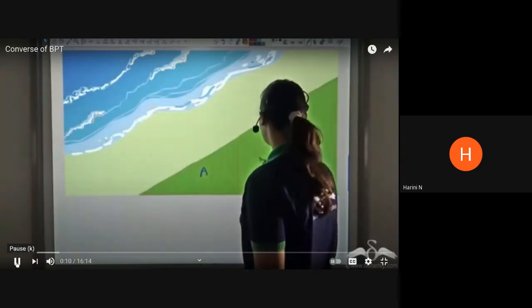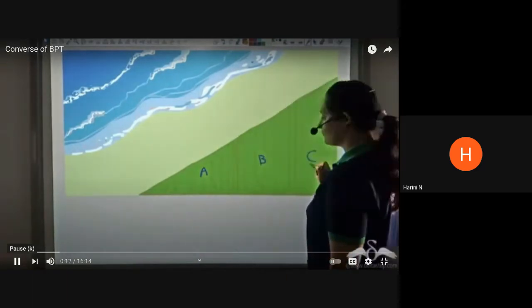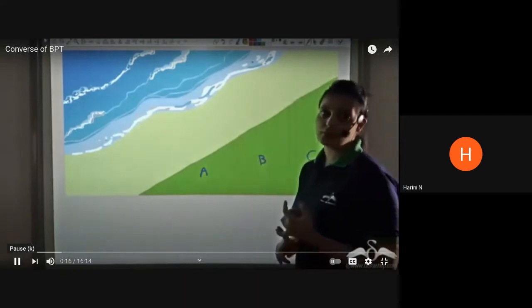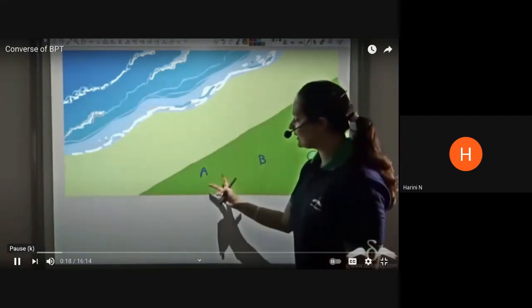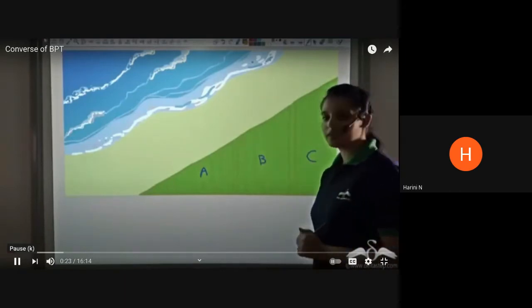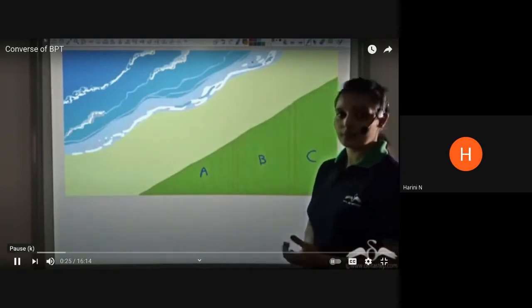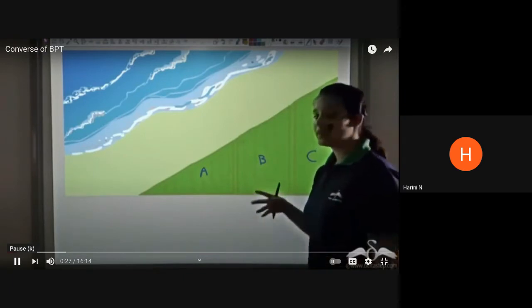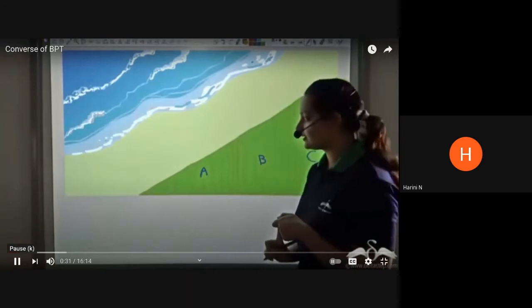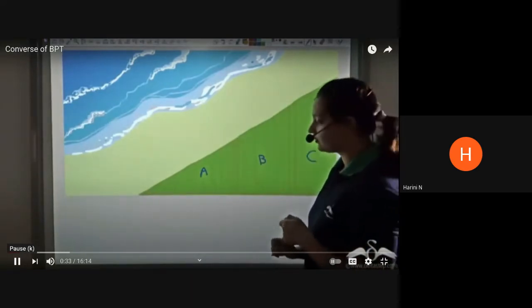A, B, and C. So a property dealer who has to sell these 3 plots is now confused. He wants to decide the price at which he should sell these plots. Now we know that the more the area, the higher the selling price. But along with area, there's one more factor that affects the selling price, which is the ocean frontage.